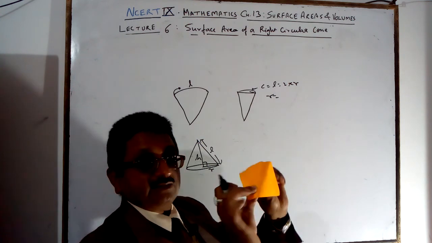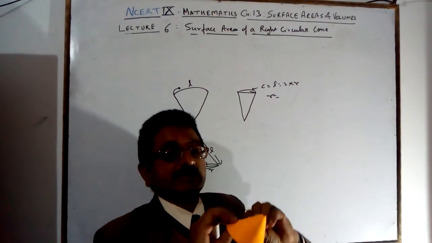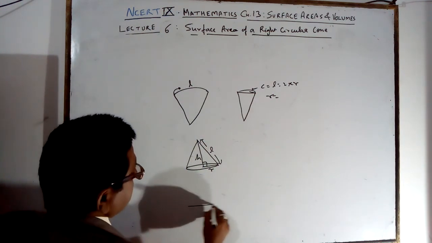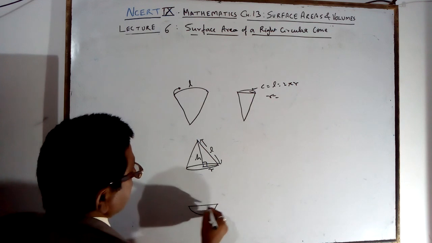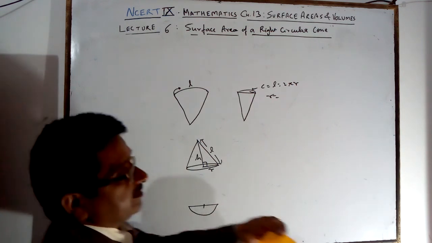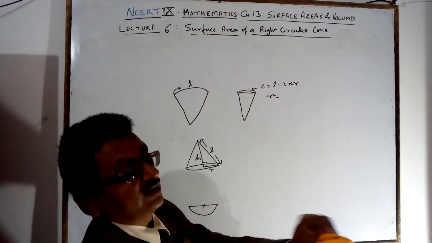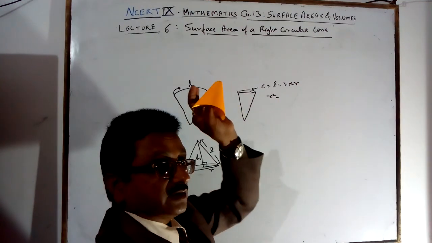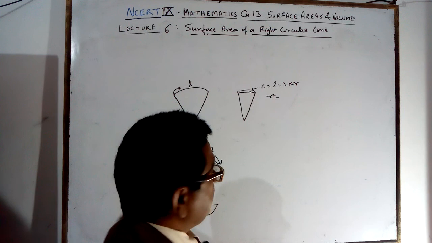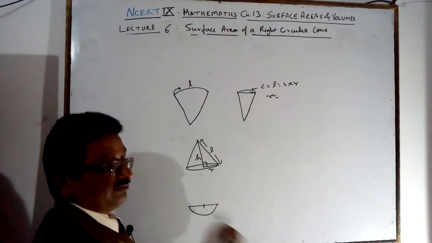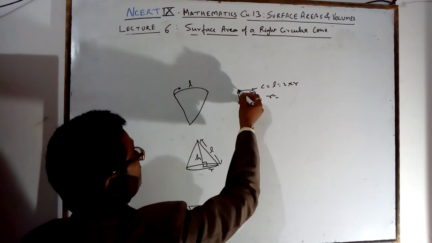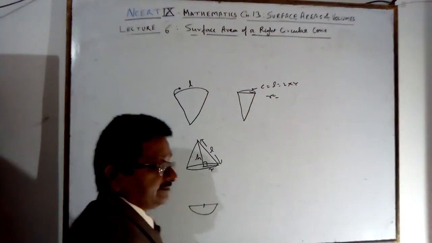So I am taking a single paper card and folding it like this. Samosas you are making. In the samosa, there is a semicircular sheet, and from the middle it is folded and forms a cone. Cone is used as a birthday cap, as well as in different forms. In an ice cream cone also you put a hemisphere on it, and then the ice cream is distributed.